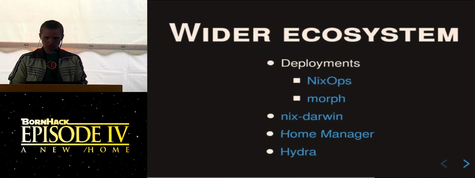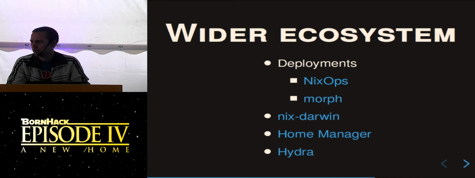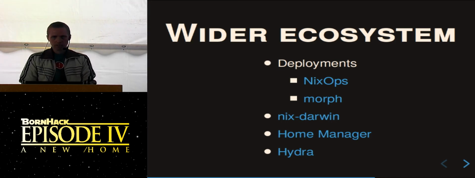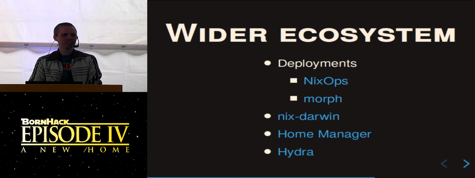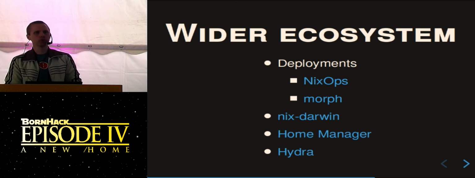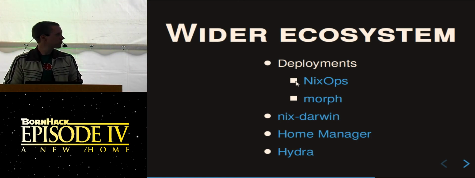That was the demo. So just to finish with just some typical other projects that are in the wider ecosystem surrounding Nix. So these are all, in one way or another, using the Nix package manager. Some of them are using the NixOS infrastructure as well. So having a single description of your system is, of course, very nice when you're deploying to many different machines. You can have this description in a Git repo. You can push it out to different machines and run the builds there. And there are two nice tools for this.